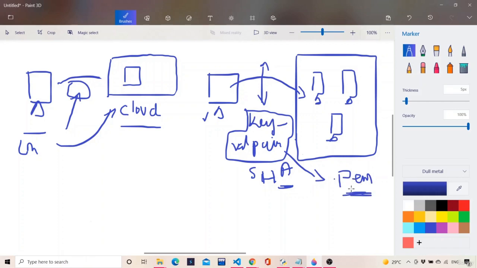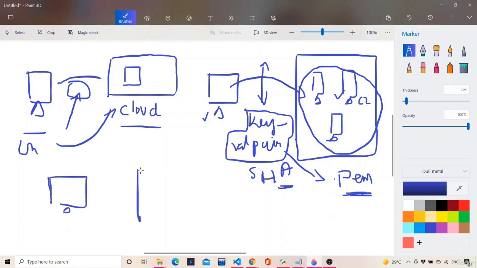With this key, you will get mapped to any of these computers from here. Let's say that you got mapped to this computer and this computer is C2. So now let's see how the communication between you and C2 is being done. This is computer C2.